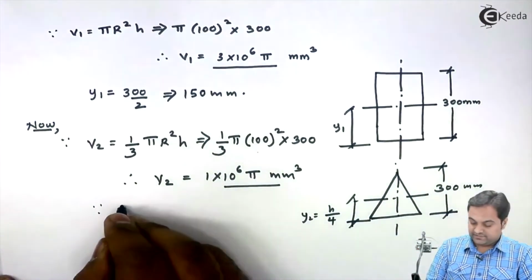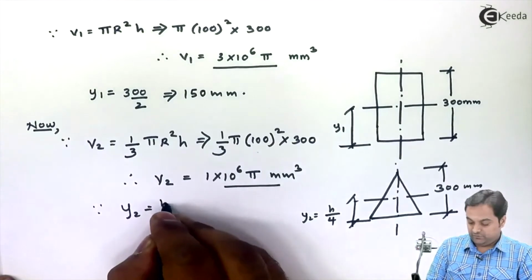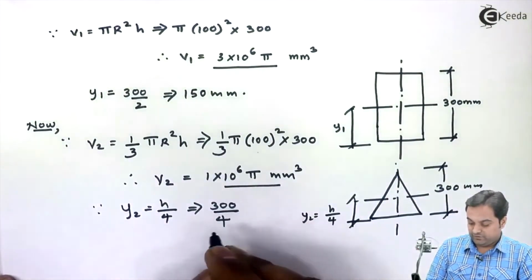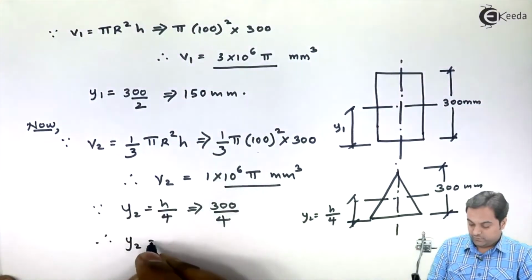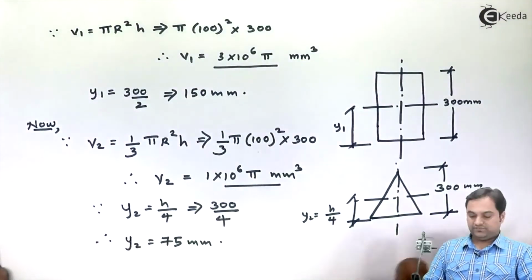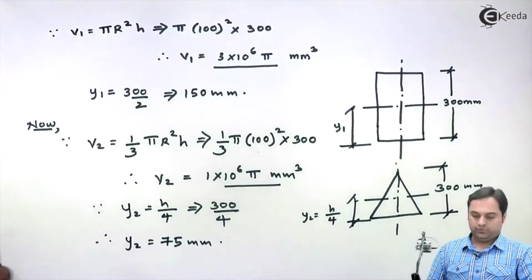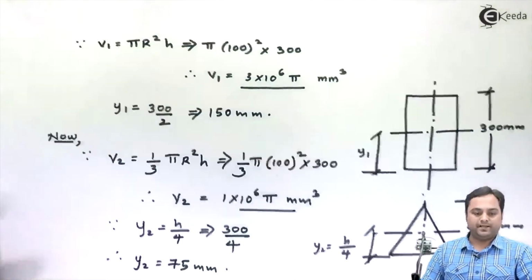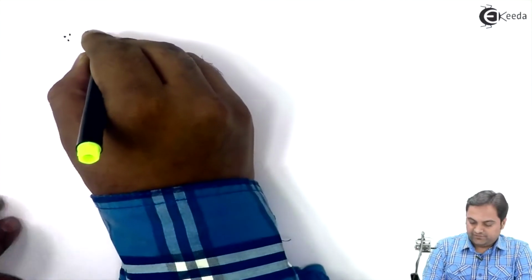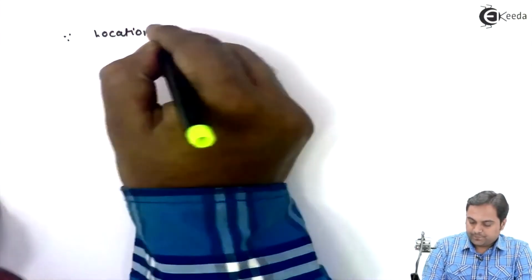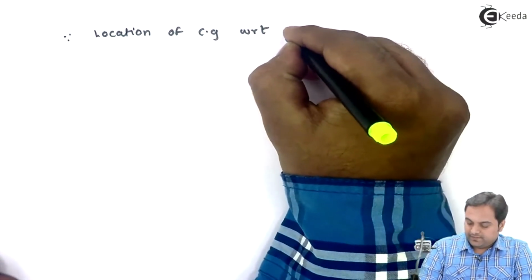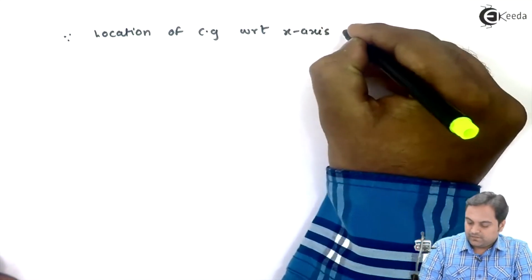So I'll say that Y2 is equal to h by 4, and that is 300 divided by 4, therefore Y2 will be 75 mm. Once we know V1, Y1, V2, Y2, we can go for the calculation of Y bar. Now the location of CG with respect to x-axis is given by